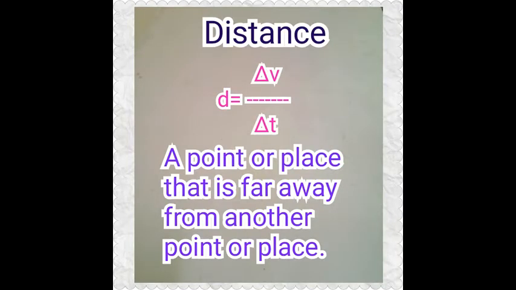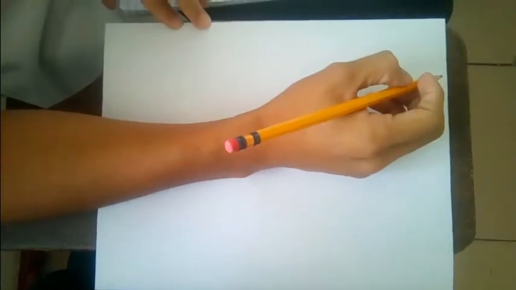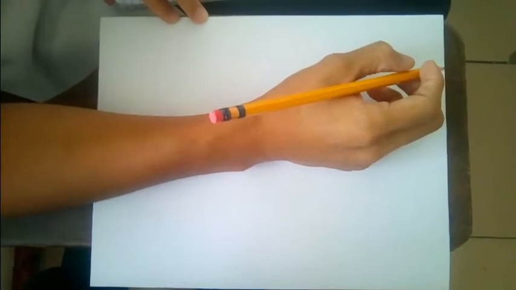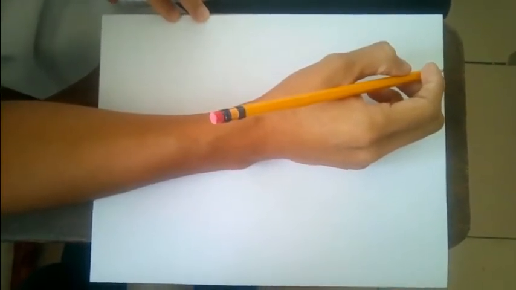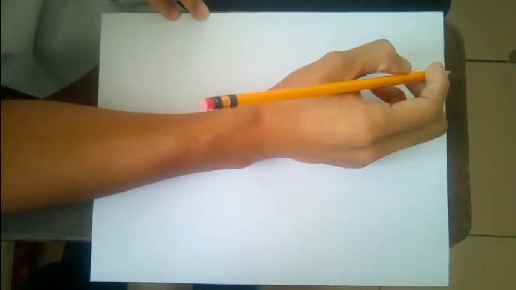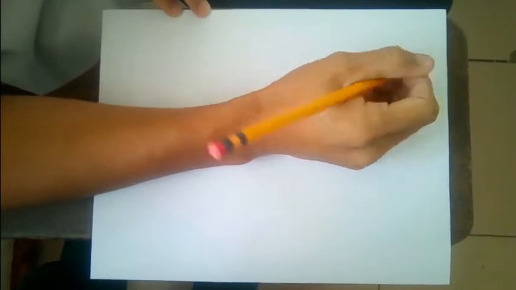Distance. A point or place that is far away from another point or place. Welcome to an incredible physics equation. Question: How far is the object away from the hand after 1 second? I want to show you the formula of how to calculate distance traveled, which we say d is equal